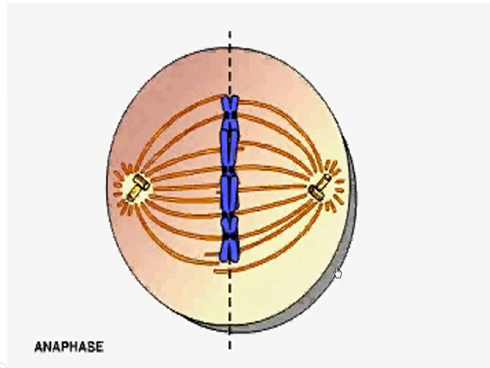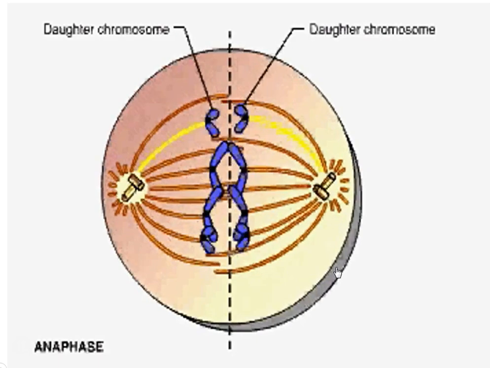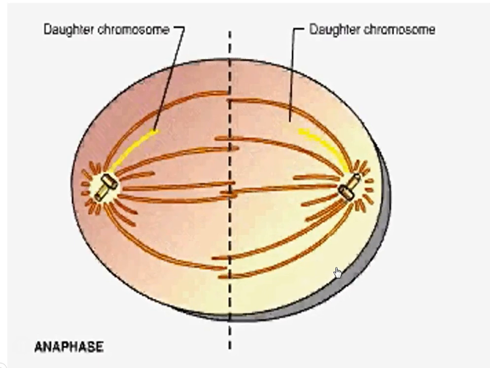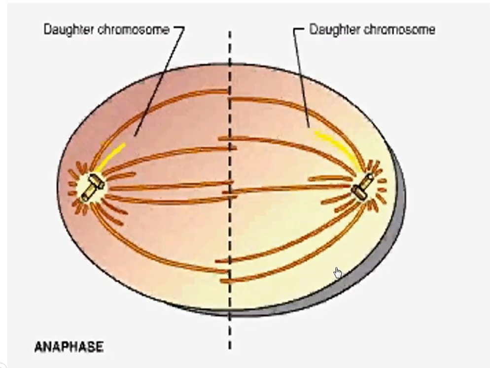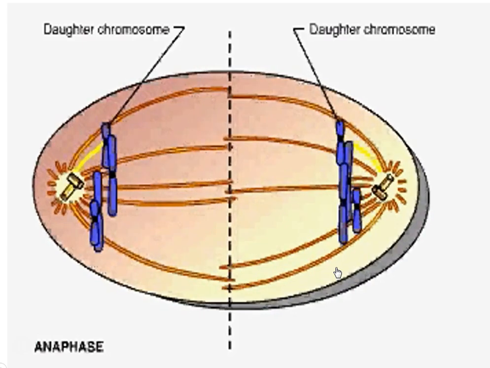Anaphase begins when the two centromeres of each chromosome come apart, separating the sister chromatids. Once separate, each sister chromatid is considered a full-fledged daughter chromosome. Motor proteins of the kinetochores walk the daughter chromosomes along the spindle microtubules toward opposite poles, and the microtubules shorten. At the same time, the spindle microtubules not attached to chromosomes lengthen, pushing the two poles farther apart and elongating